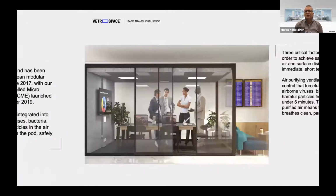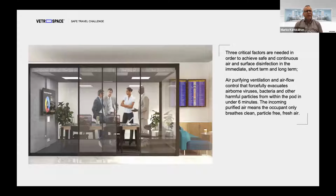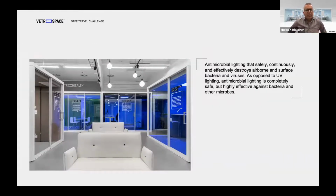Okay, and now, yes. And as ISKU, we are a bit similar, what we are doing like pods. Maybe we can cooperate in the future because we need the furniture as well inside the pods. But also our system has three critical factors: an air purifying ventilation, a special coating on the surfaces, and antimicrobial lighting. With these three combinations together, you can be 100% sure that 99.9% of the viruses and bacteria